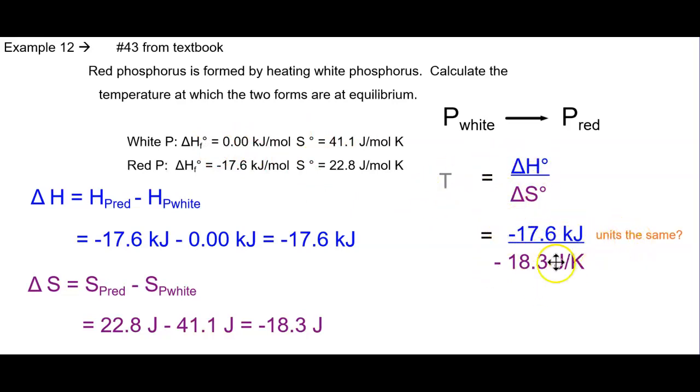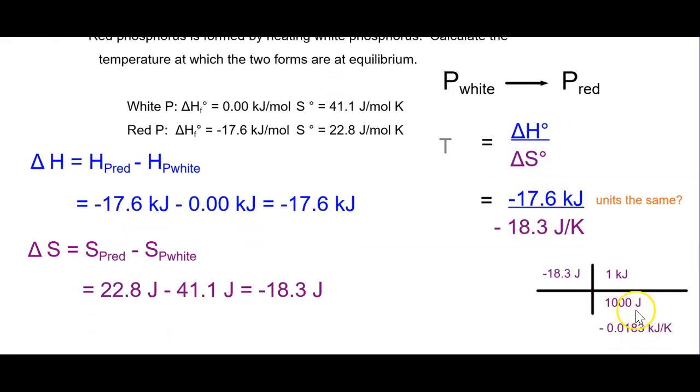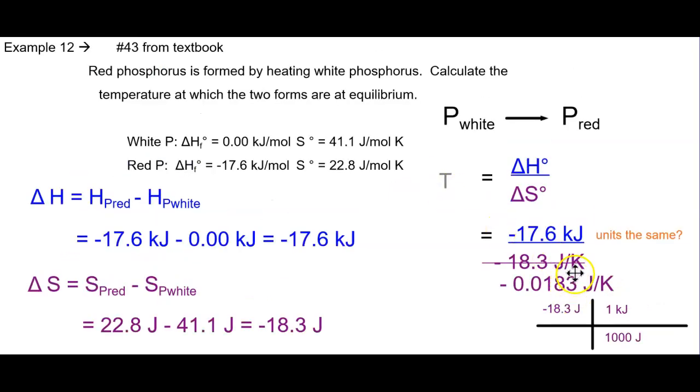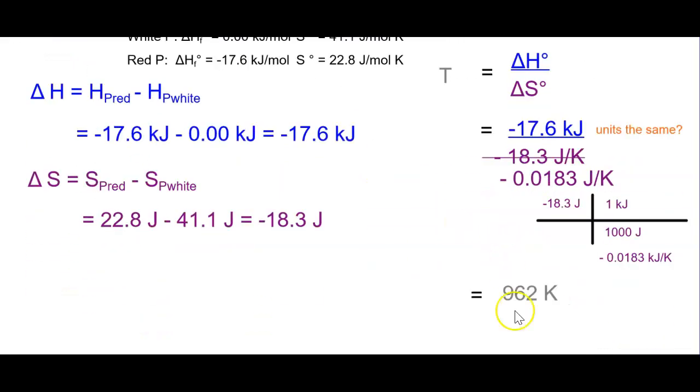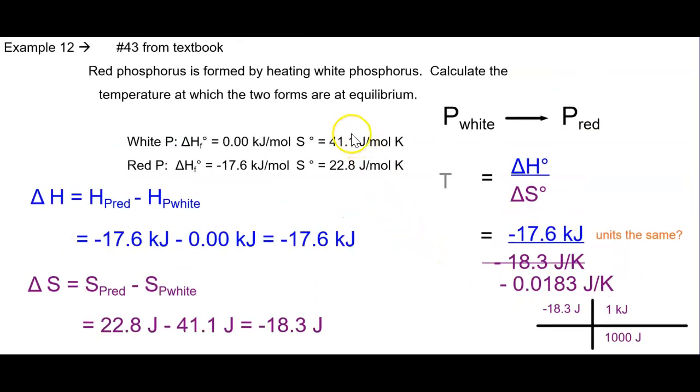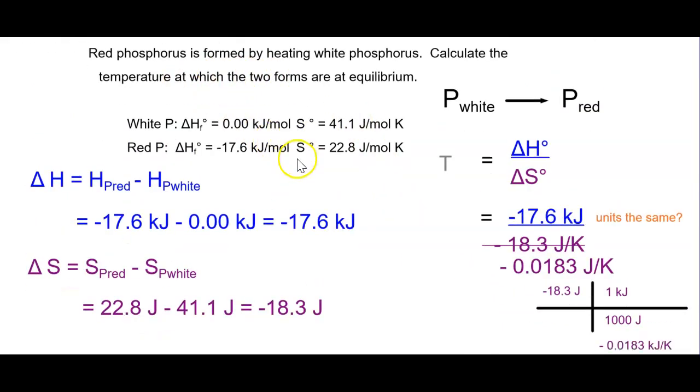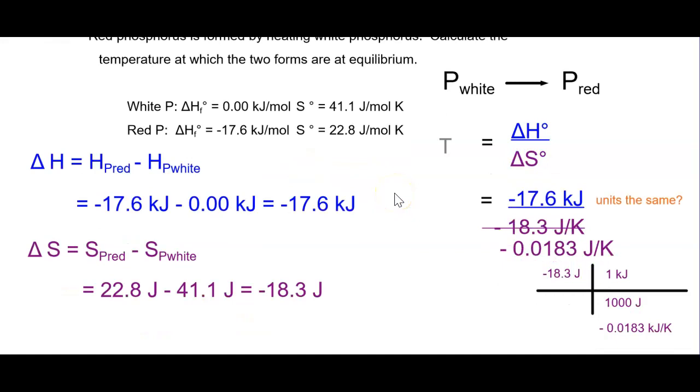Are the units the same? Nope, so we're going to have to convert. So we do a quick conversion here, and then we can plug in the corrected value so that we can actually finish the math off. And we end up getting 962 Kelvin. And it asks for the temperature, not an explanation. So that problem is complete. If it would have asked for an explanation, we could have gone through the process of evaluating H, S, and G, and then applied the skills that we've been